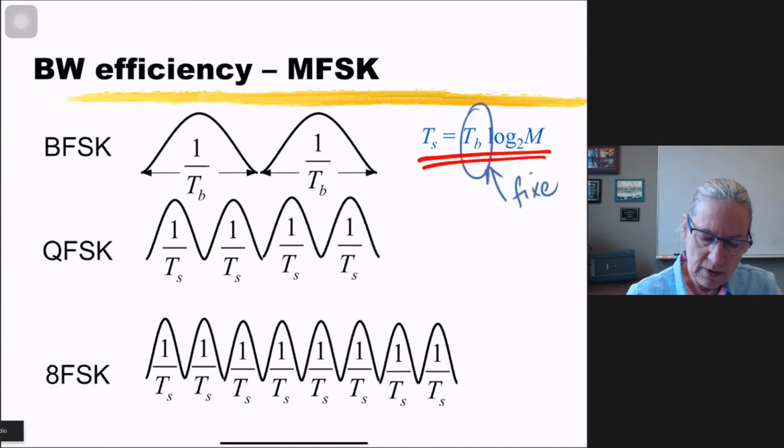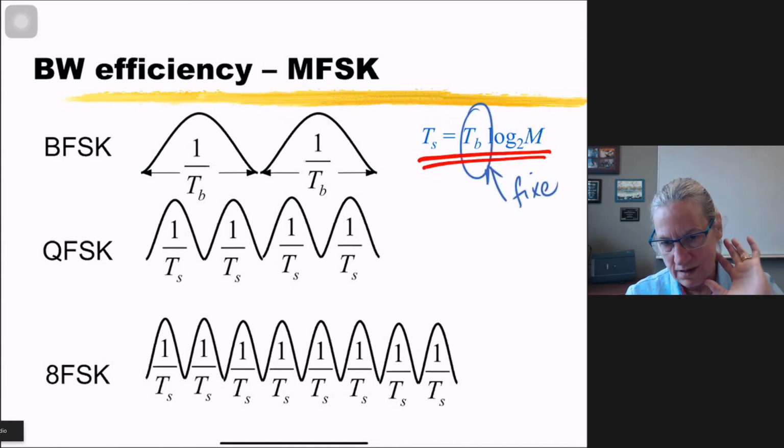Now suppose that we fix the time of a bit, so like we're fixing the bit rate. I want to achieve 1 megabit per second. I'm fixing TB,